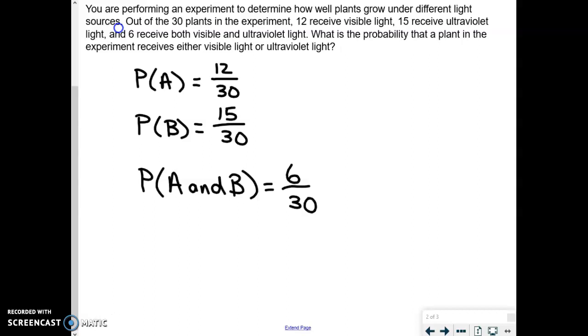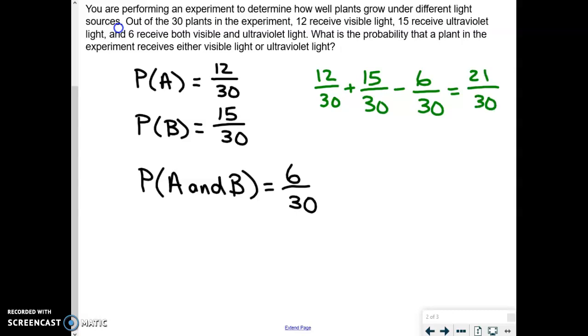So in this case, ladies and gentlemen, again, like we did with our previous example, what we're looking to do here is add the probability of A to the probability of B and then subtract out the intersection. So in this case, we would have 12 out of 30 plus 15 out of 30 minus 6 out of 30. So if we add those all up and subtract out our overlap, we'd end up with 21/30ths, which we would of course simplify down to